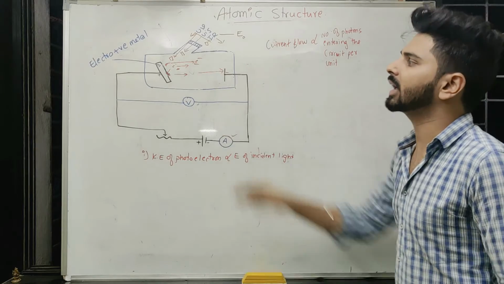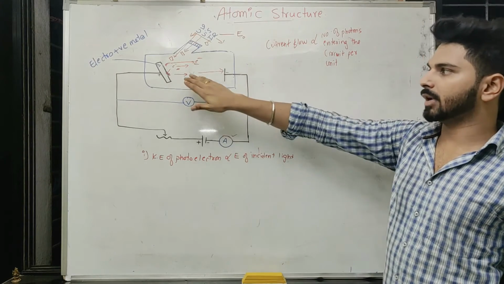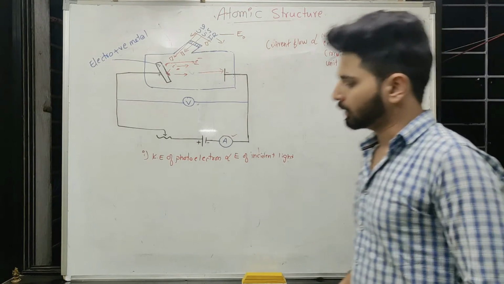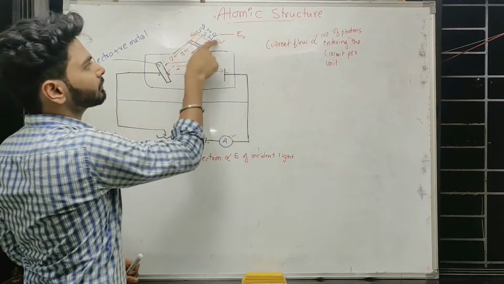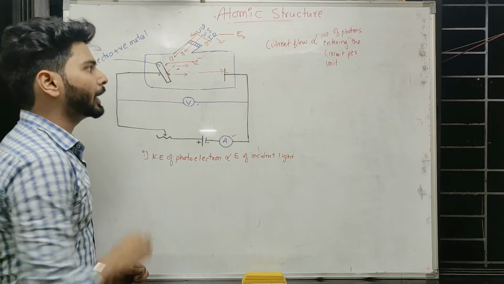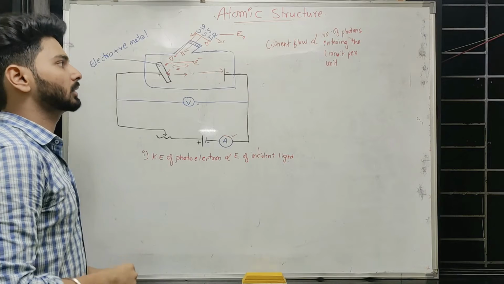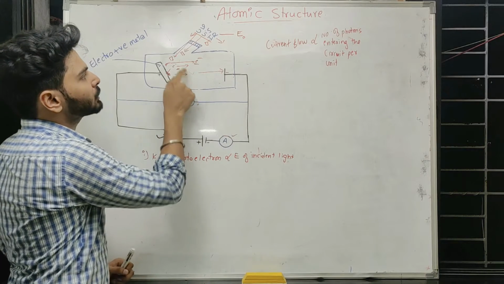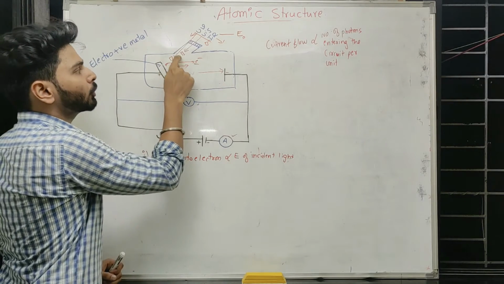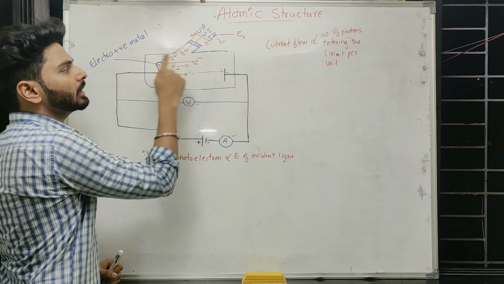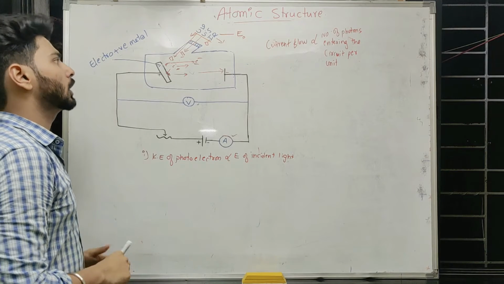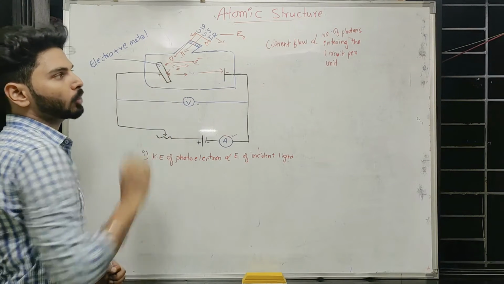Now let us deal with how we can increase the number of photoelectrons. Here I am referring to photoelectrons as those electrons that got ejected out of the metal surface. We know that increasing the energy of the radiation only changes the kinetic energy of the photoelectron. It won't change the number of photoelectrons, because that deals with how many photons are falling on the surface. If I increase the number of photons falling on the surface, definitely it will increase the number of photoelectrons, because each photon will eject one electron.